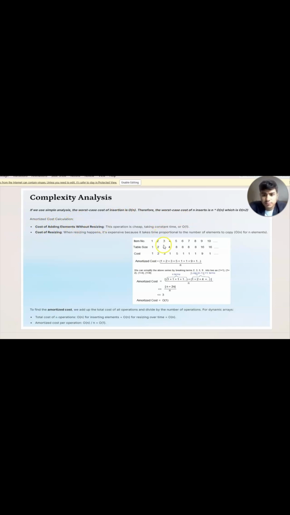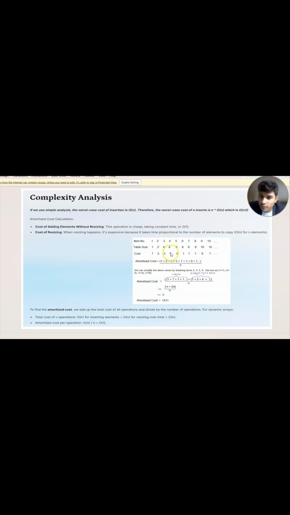For item 1, the first element, the cost came to be 1 because there was no need of resizing. For the second element, the cost is 2 because we have to resize our dynamic array as there was no space. For the third, the cost came to be 3 because after resizing we have to add elements 1 and 2 again, then our third element.